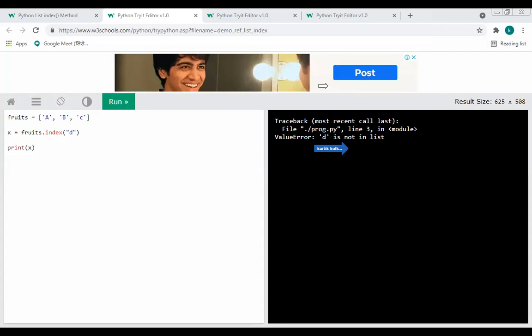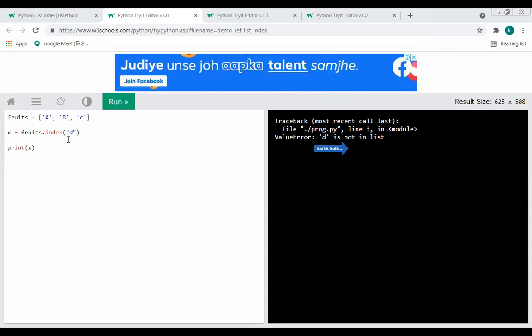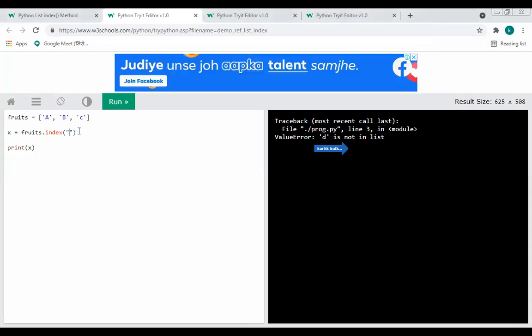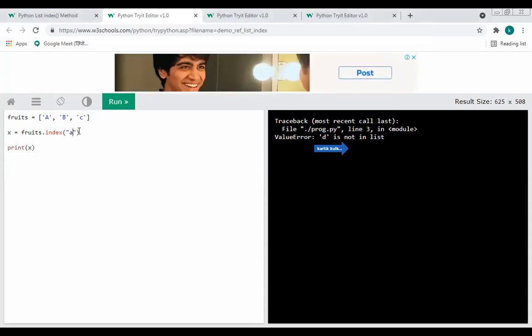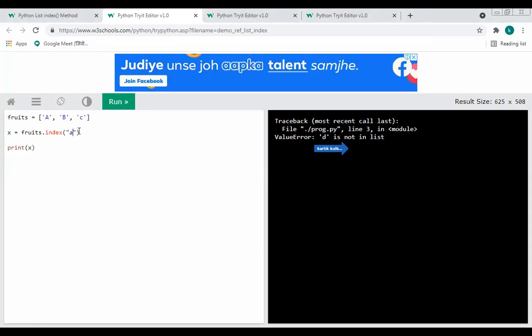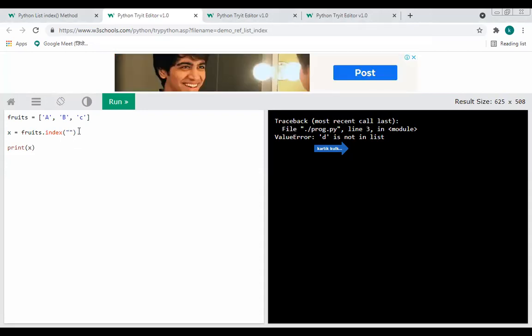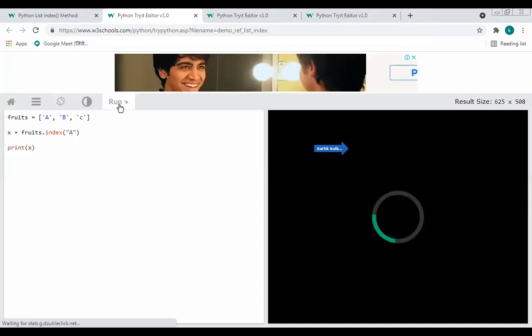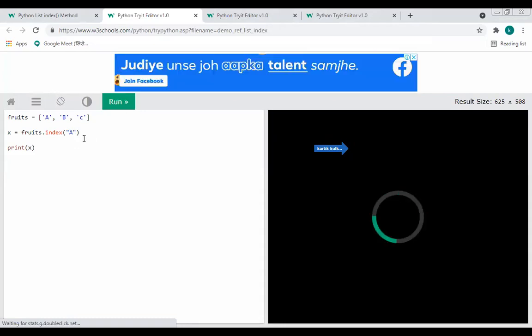Now suppose I want to get the index number. What I will do is just specify A here. Then what will be the index number? You will get the output as the index number.